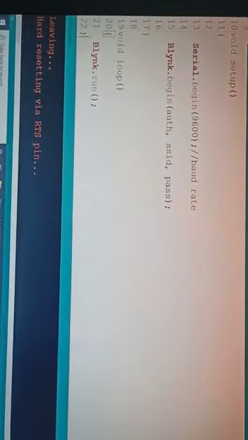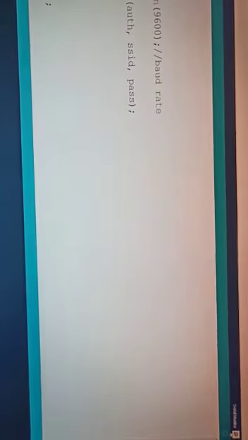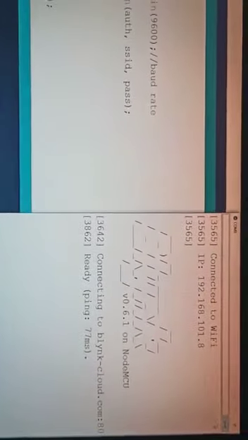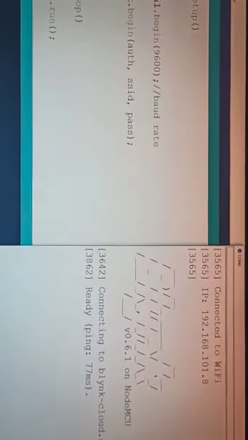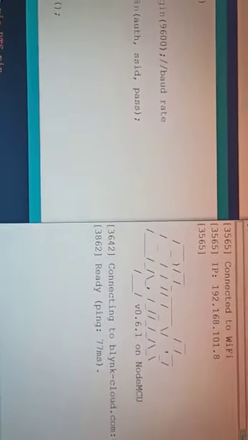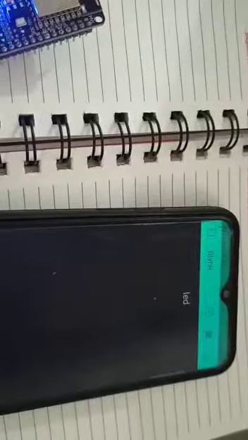As our program is already uploaded, we will go to the serial port option. Here if our SSID and password are okay, it will directly show connecting to Blynk Cloud.